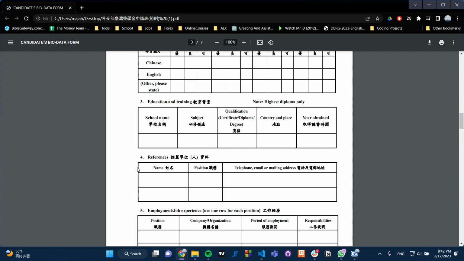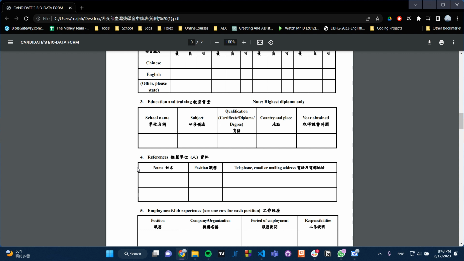And then moving on, the next part is your country and place where you have obtained your highest diploma. So you might be Swazi, but you obtained your diploma in South Africa, or you obtained it somewhere else. So you need to state that particular country where you got your highest diploma, or you are doing your degree elsewhere, not in your home country. Let me make an example of maybe South Africa. So you just write South Africa and Johannesburg, the place where you did